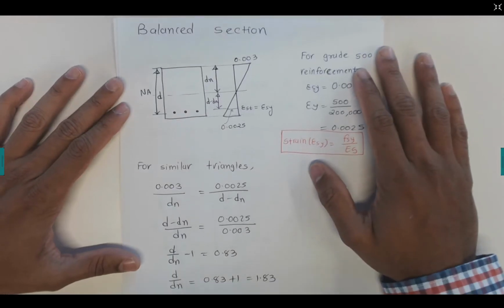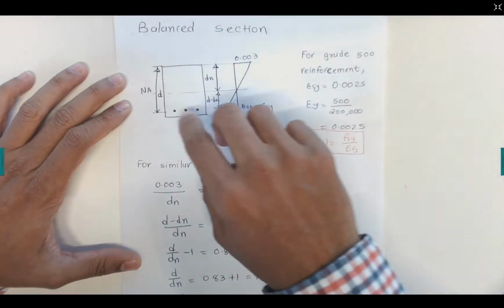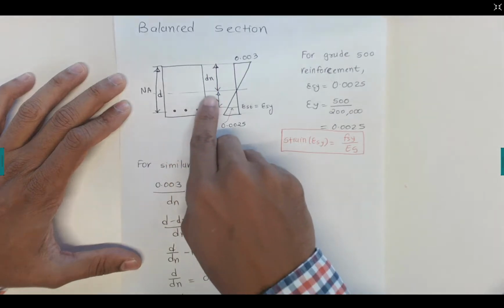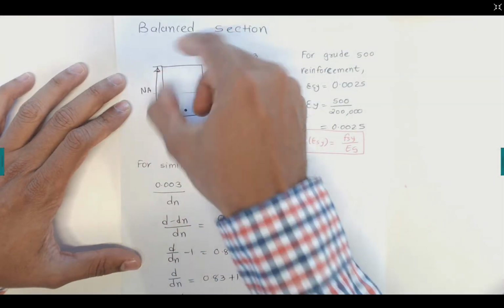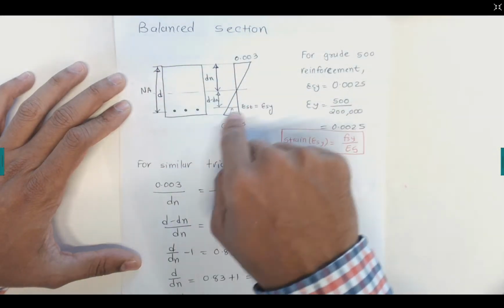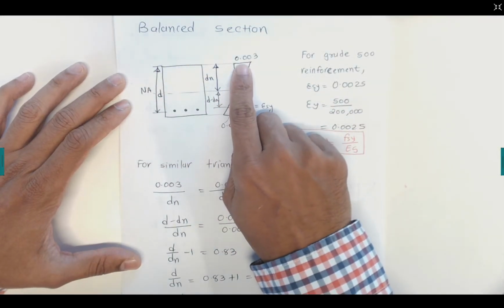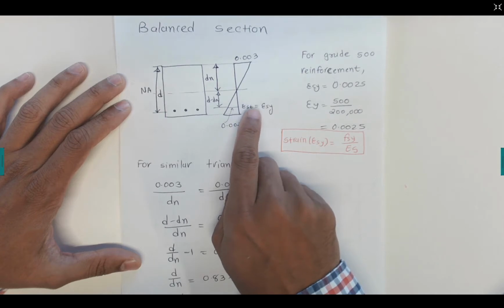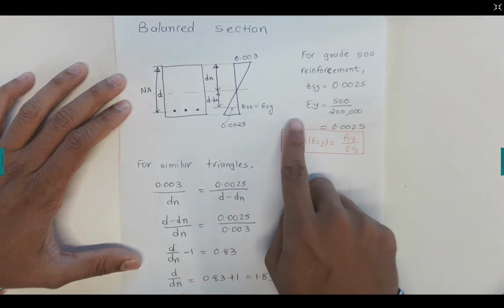This video explains the concept of balanced sections. Take the typical beam cross section, D by D. Now the reinforcement is at a distance of small d. So if the strain distribution is drawn here, with 0.03 concrete strain and yield strain 0.025, the calculation